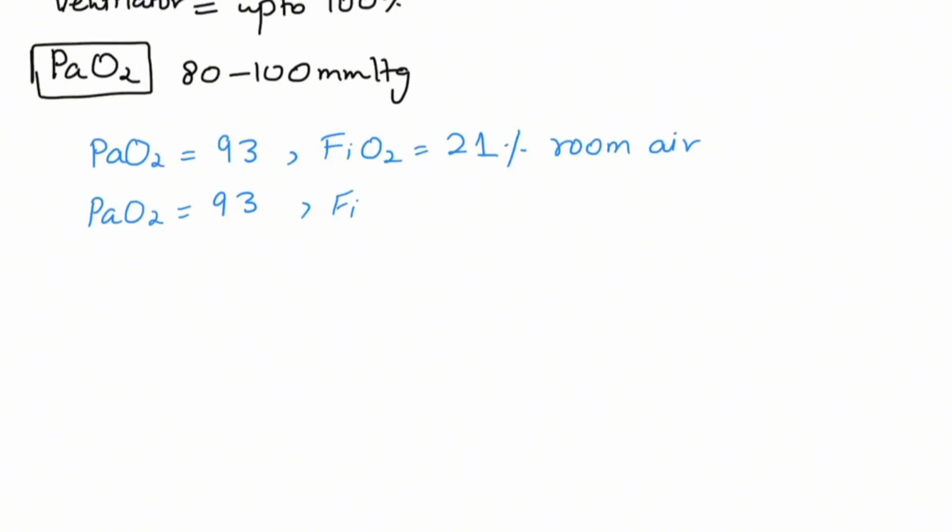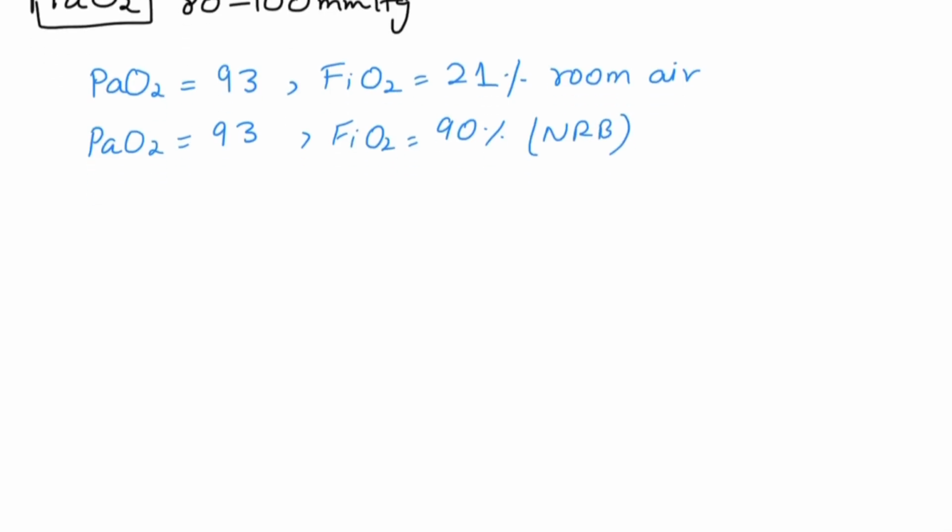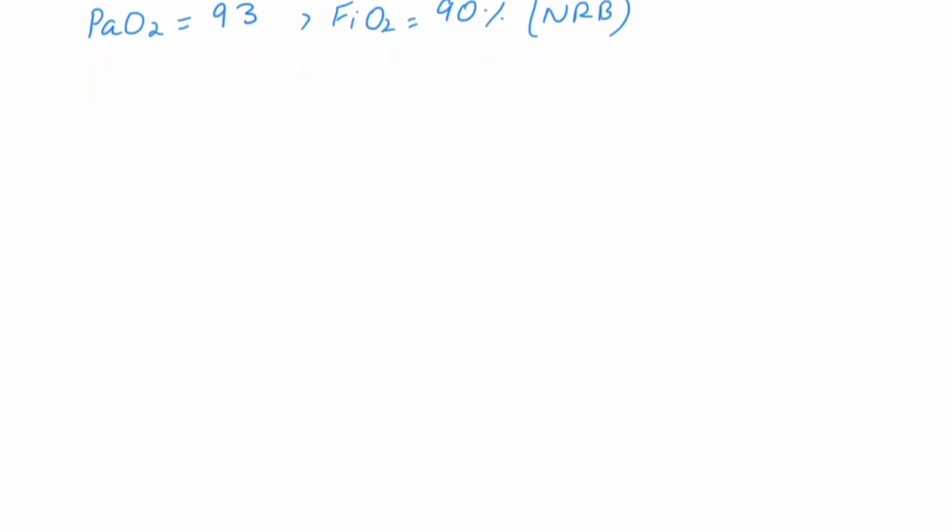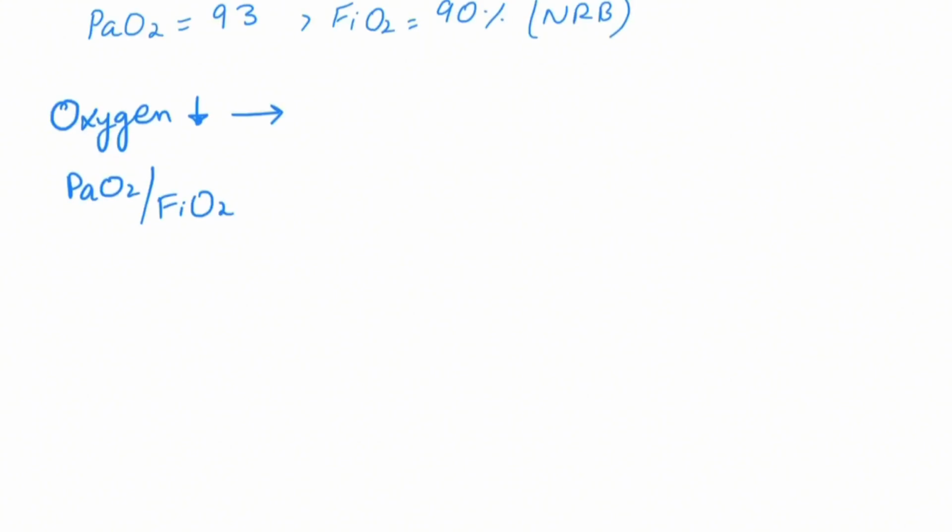And let's say we have another patient who is maintaining the same saturation at FiO2 90%. We say we are using a non-rebreathable mask. So these two things indicate that these two patients are not the same. So we basically use the ratio of partial pressure and the fraction of inspired oxygen to comment on the respiratory